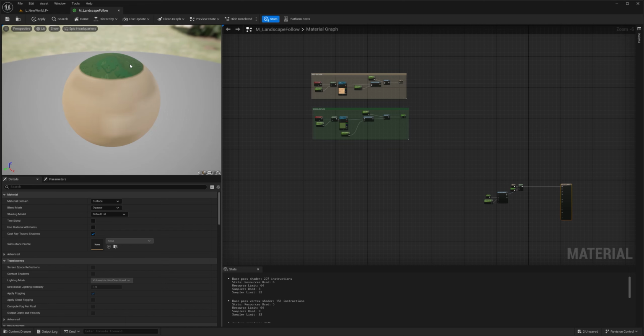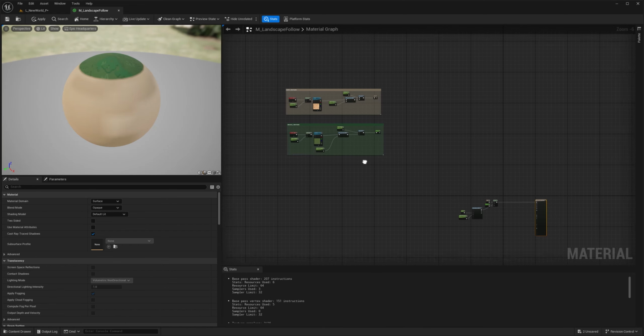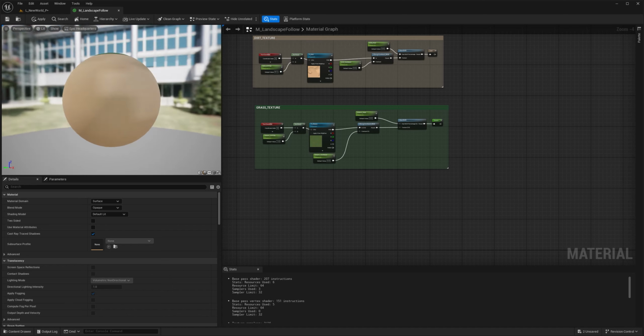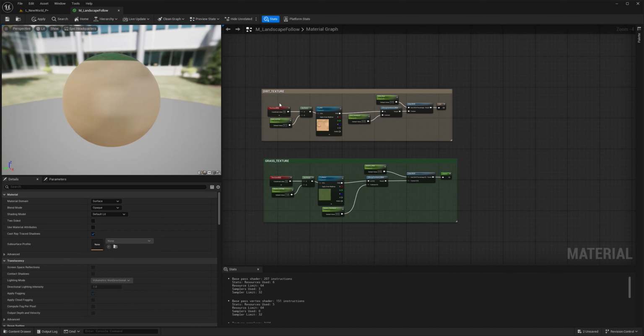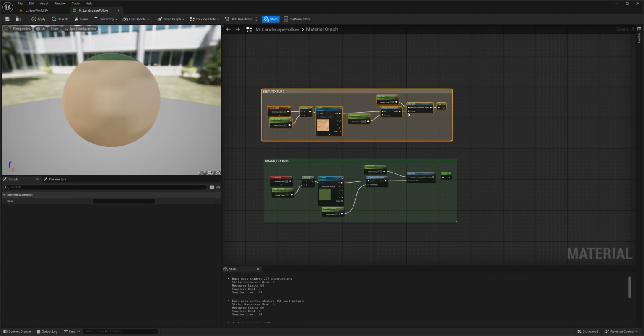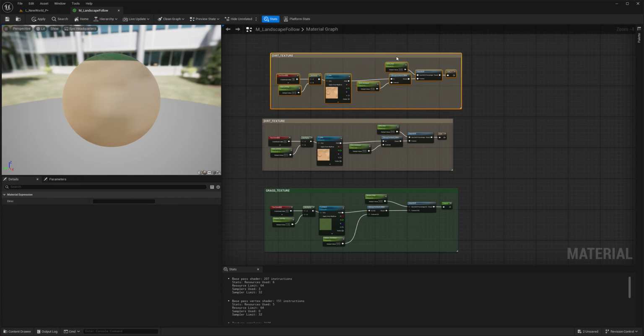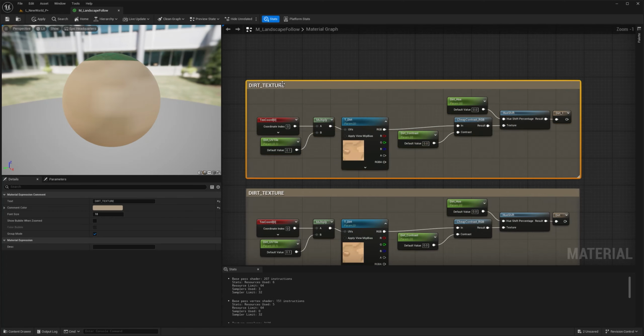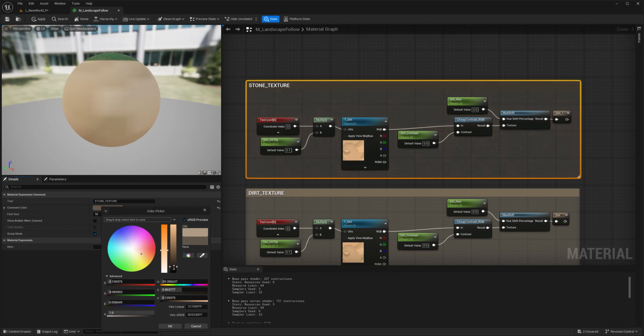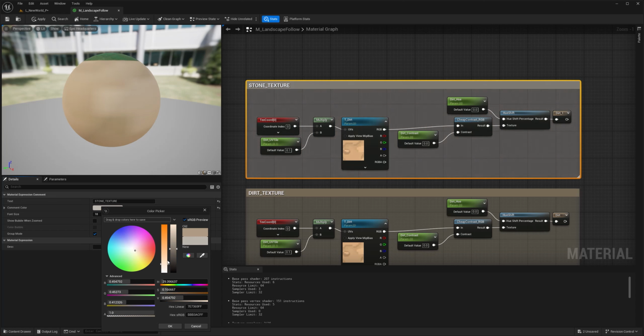So it's going to be grass, dirt, and stone is a very, very steep angle in my shader, okay? My material. So I'm going to do this thing. I'm going to select everything, Ctrl-C, Ctrl-V. I don't even need to worry because I'm just going to reuse the same nodes anyway. So I'm going to go to dirt here. I'm going to say stone, texture, change that to some light gray.